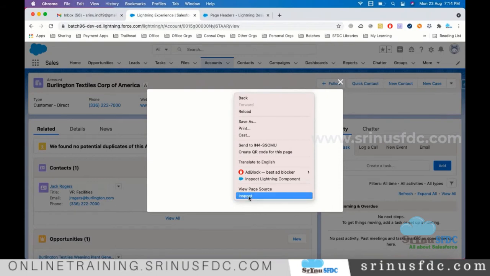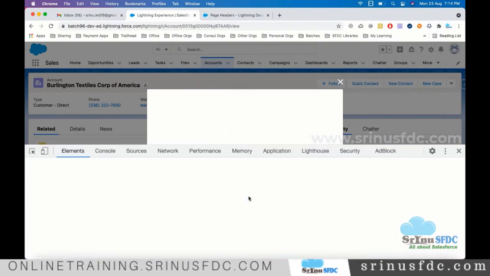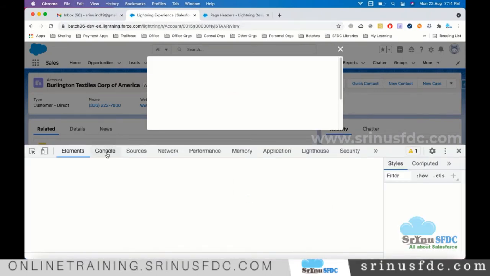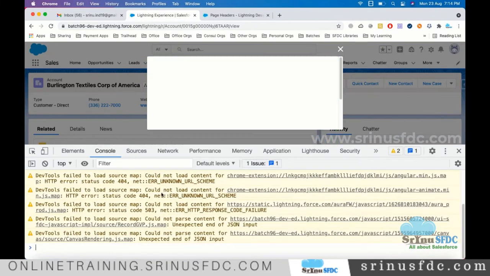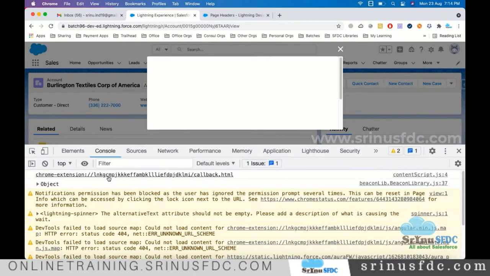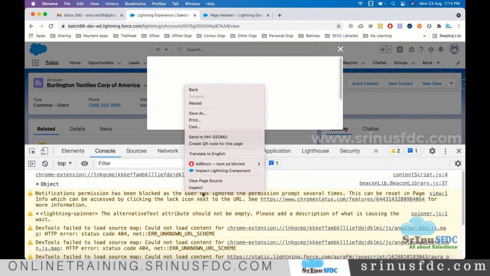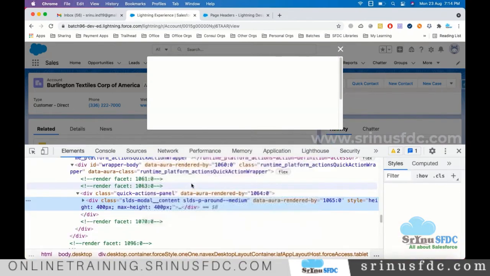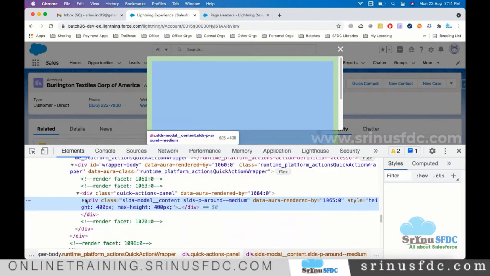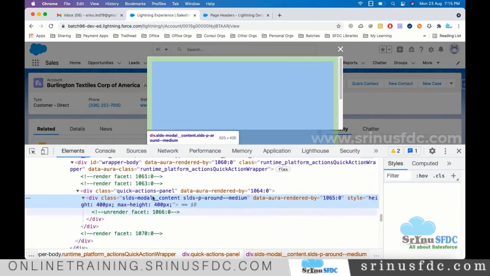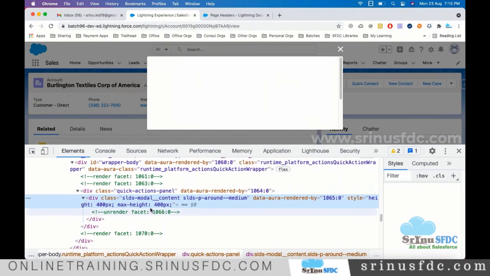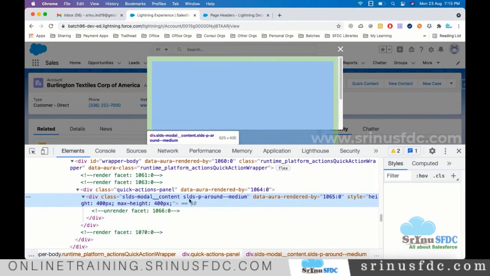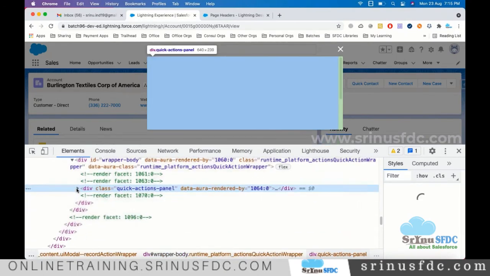So let me inspect and see this. This is our latest HTML. Inspect. So inside that, basically we're keeping the content.